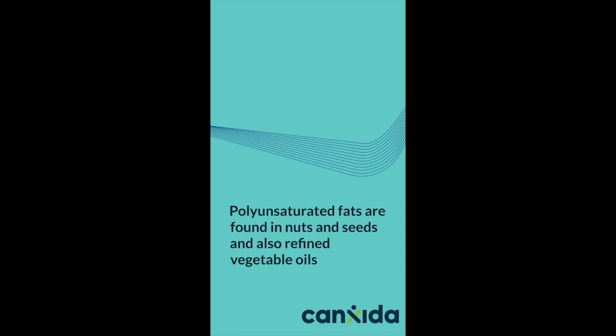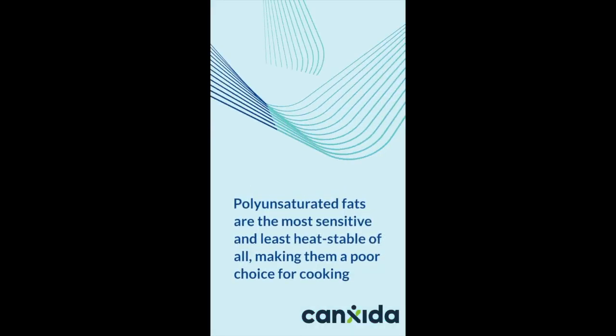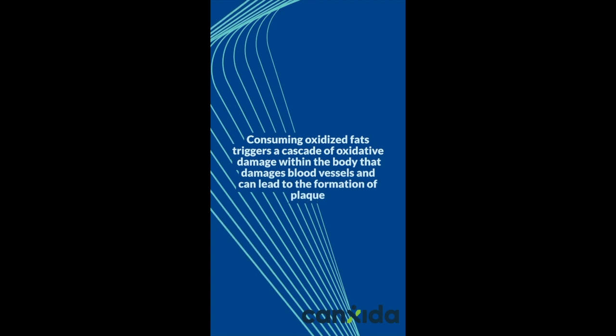Polyunsaturated fats are found in nuts and seeds, and also refined vegetable oils. Polyunsaturated fats are the most sensitive and least heat stable of all, making them a poor choice for cooking. Consuming oxidized fats triggers a cascade of oxidative damage within the body that damages blood vessels and can lead to